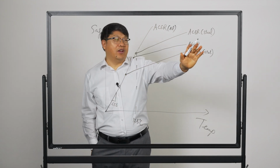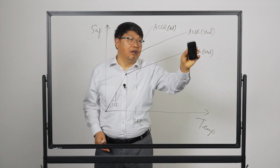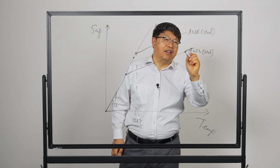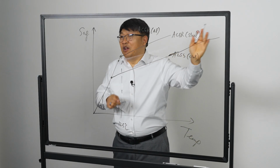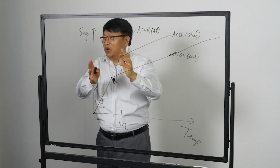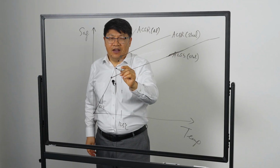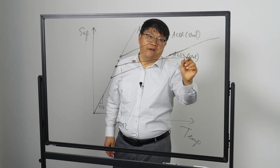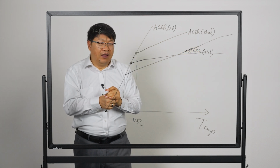And I probably didn't draw this in a fair way for ACSS, so let me redraw that, because ACSS does have, I should draw this out, it's going to extend beyond this table here, because the temperature here, we're looking at much higher temperatures. And ACSR, by the way, normally doesn't go above the knee point, so we normally don't even see the Sommer knee point. So you have ACSS that goes to high temperatures, and then you have ACCR, which would have a shallower loop. So they cross because the slope here is a little bit less compared to the steel slope. Okay,